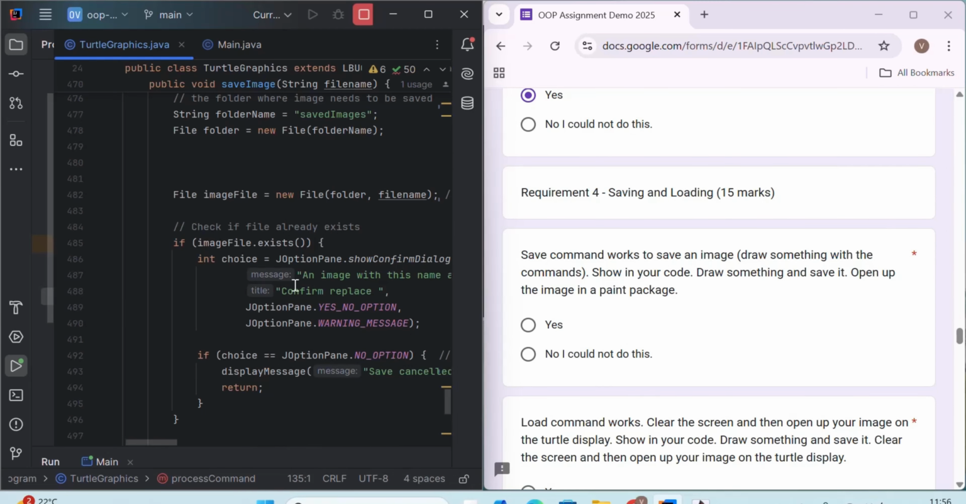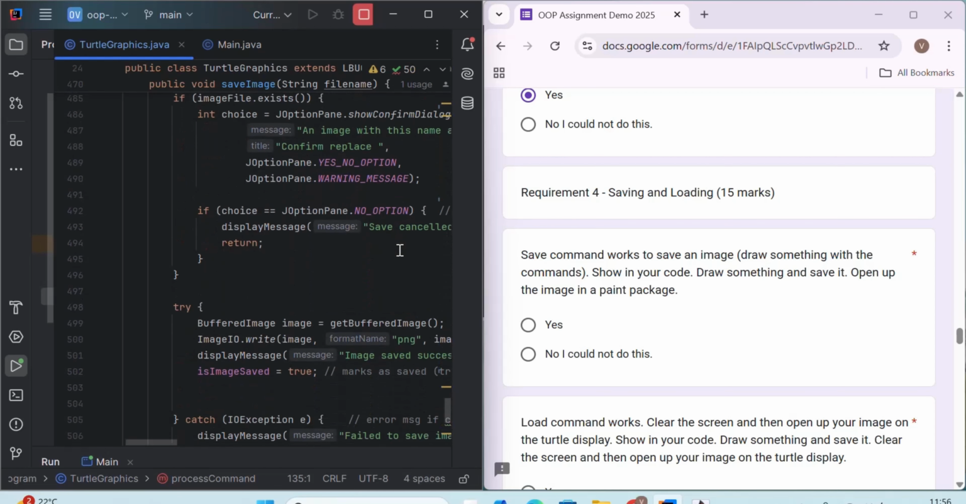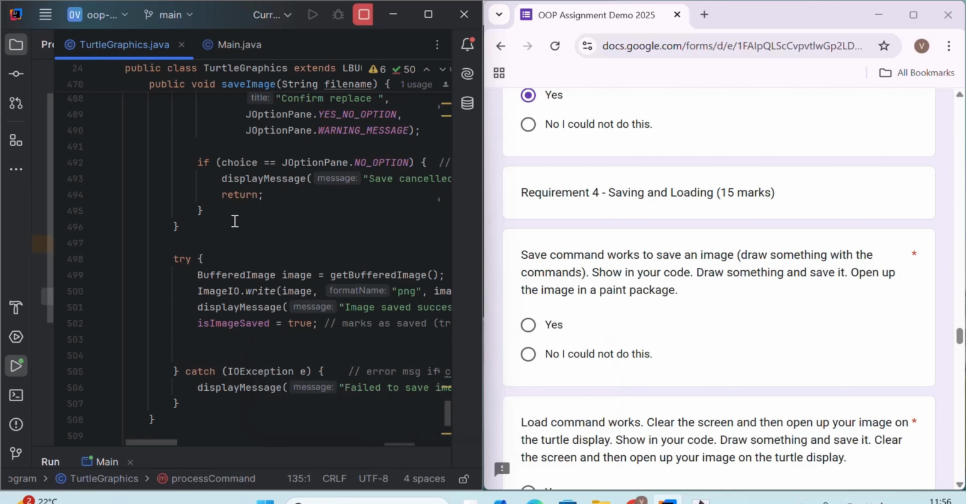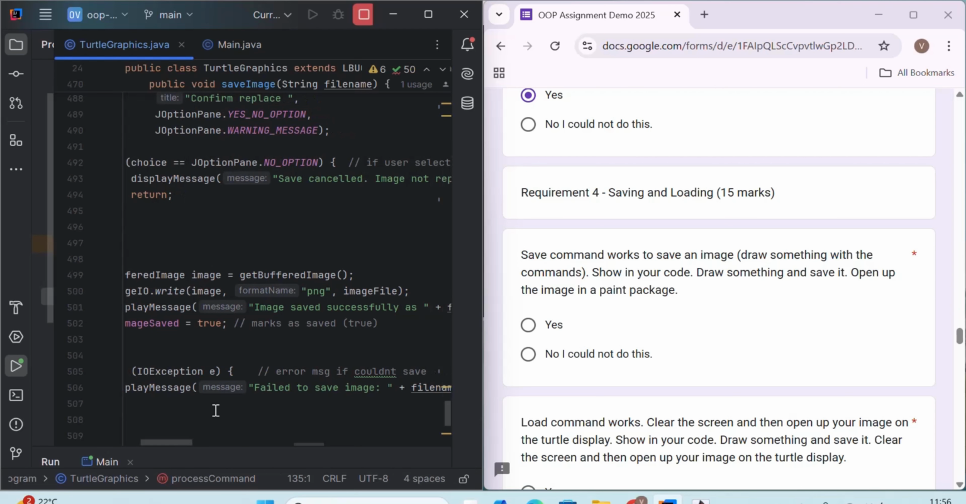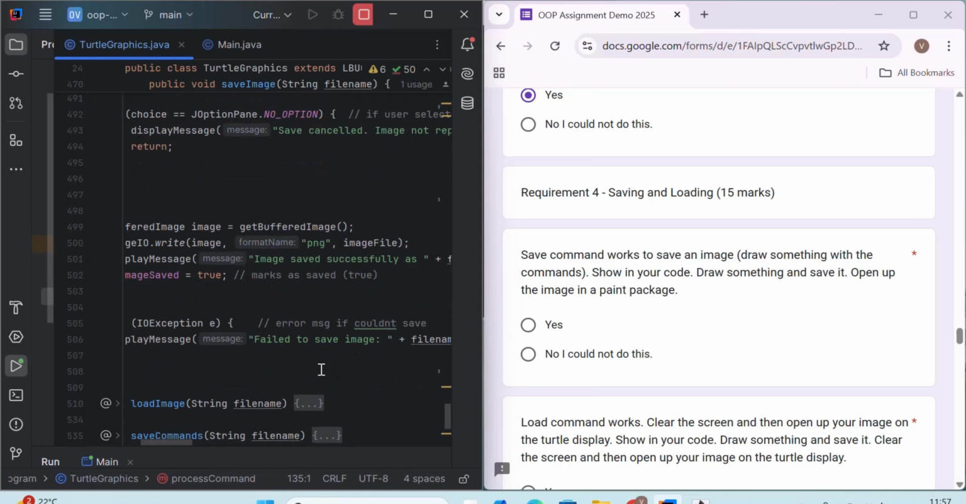But if it does exist, it asks the user if they want to replace their work, and it gives them an option of whether they want to go forward with saving the image and replacing it, or they want to cancel the whole saving process. And then this writes the image and successfully saves it. And then I have made this exception here just in case there's an error in the saving process, and then it prints the message out, failed to save image, and then the file name. So that's my